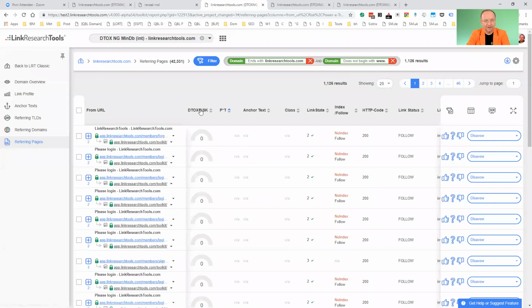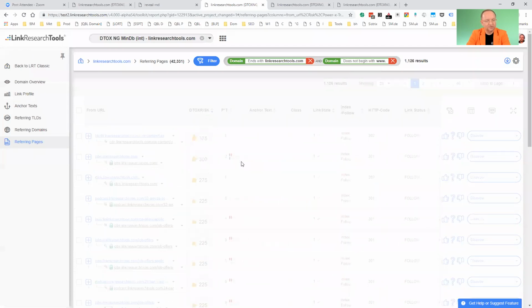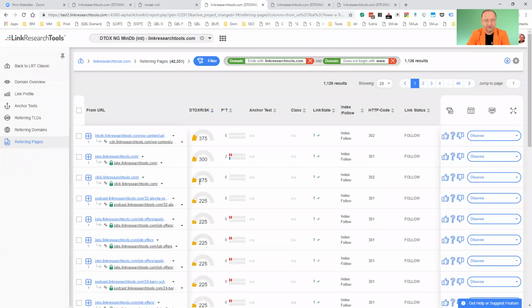You see all these app links? Let's look for some risky ones. Do we have some risky ones? We do have some risky ones. I mean, risky... 375 is not really risky. Everything above 1,000 is dangerous. But you see how we have a ton of redirects here from